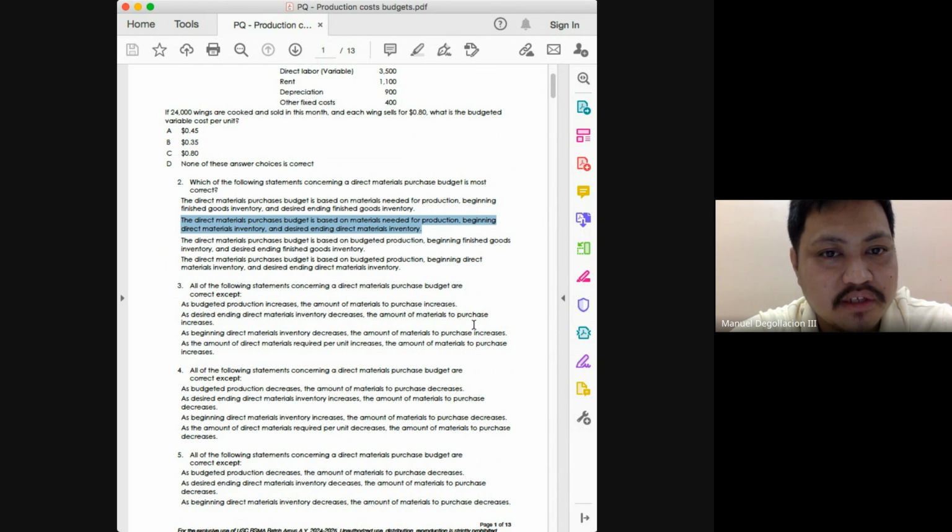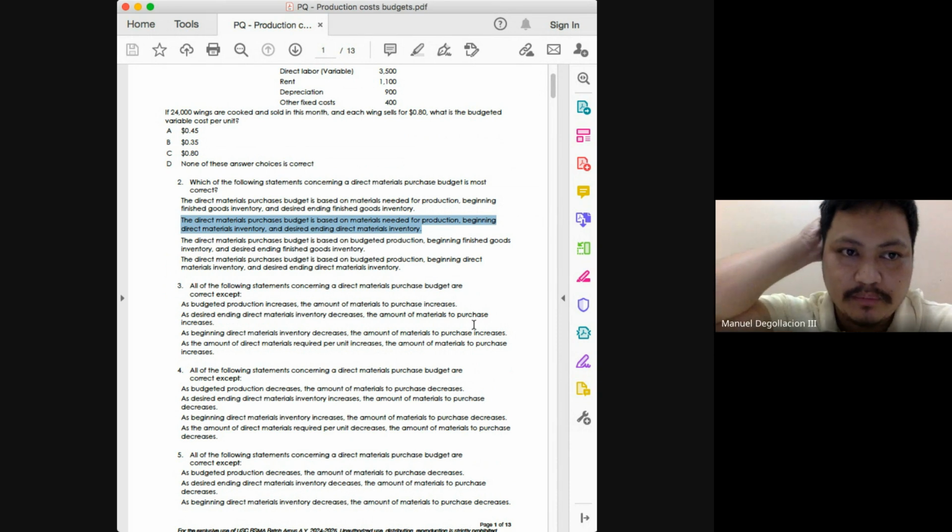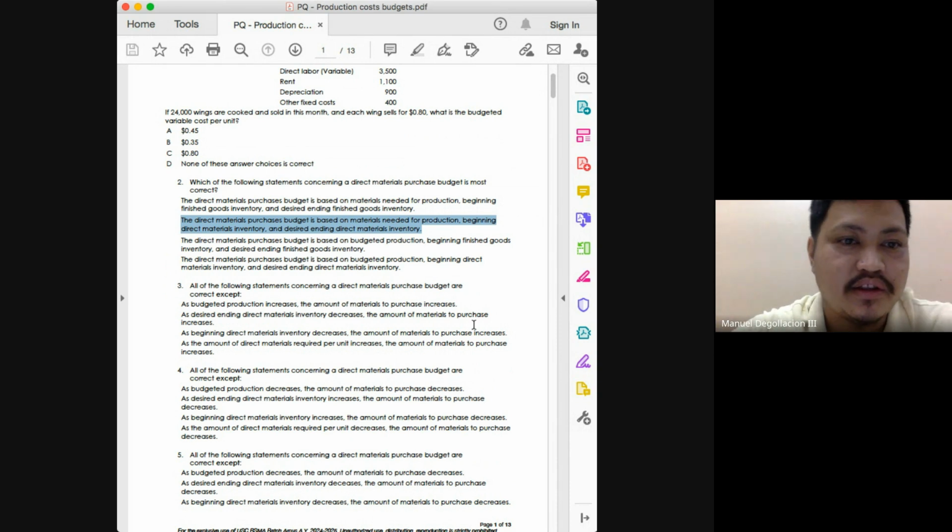The amount of materials that you will have to purchase would depend on the existing materials that you have, which is represented by your beginning inventory. And of course, you will have to make additional